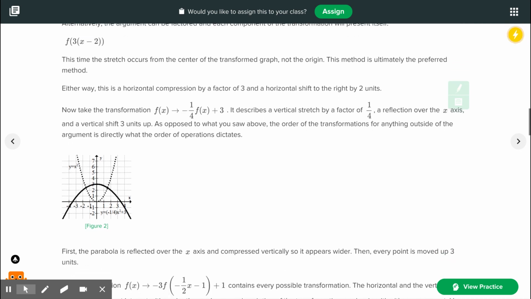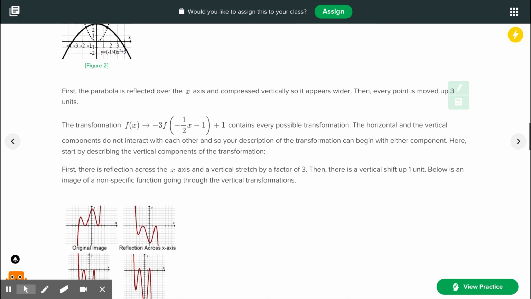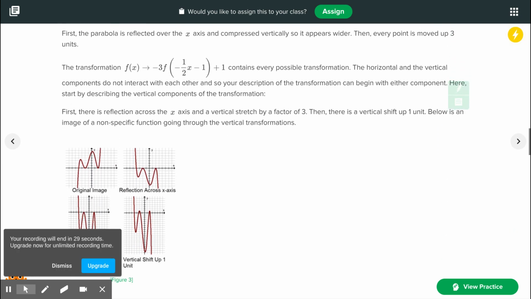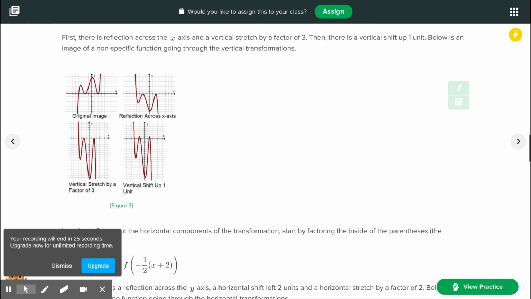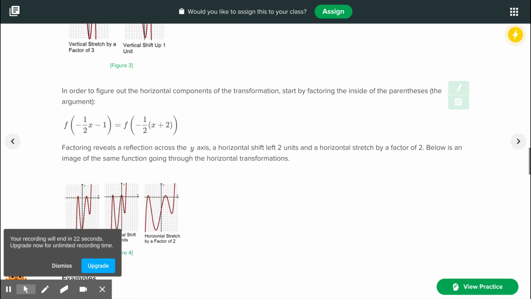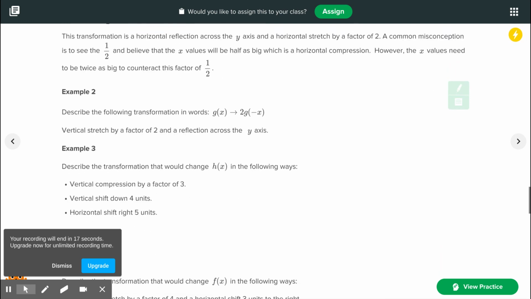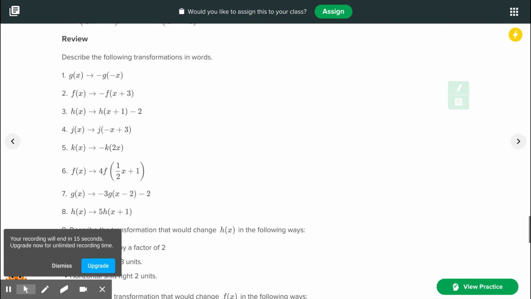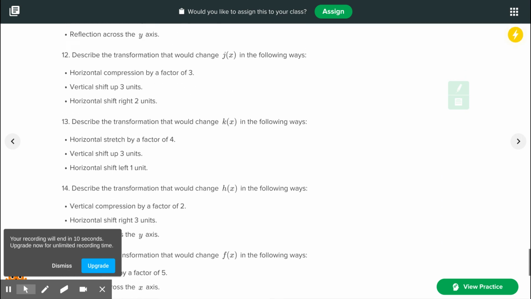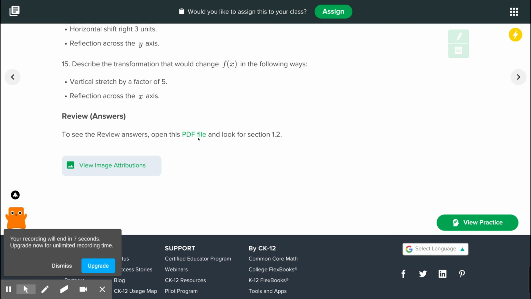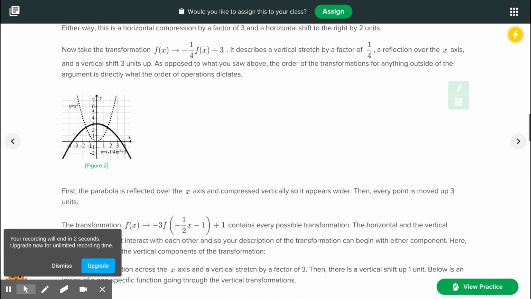Another thing that you can do with Desmos is type in a function, and then also type in a function notation in the next line, and you'll be able to see how that works and how that's shifted around. Once again, there are some examples here that you can go through, and then some review problems if you would like to go through those and practice some of those as well. And again, the answers to those are right there. So something that we've kind of done before